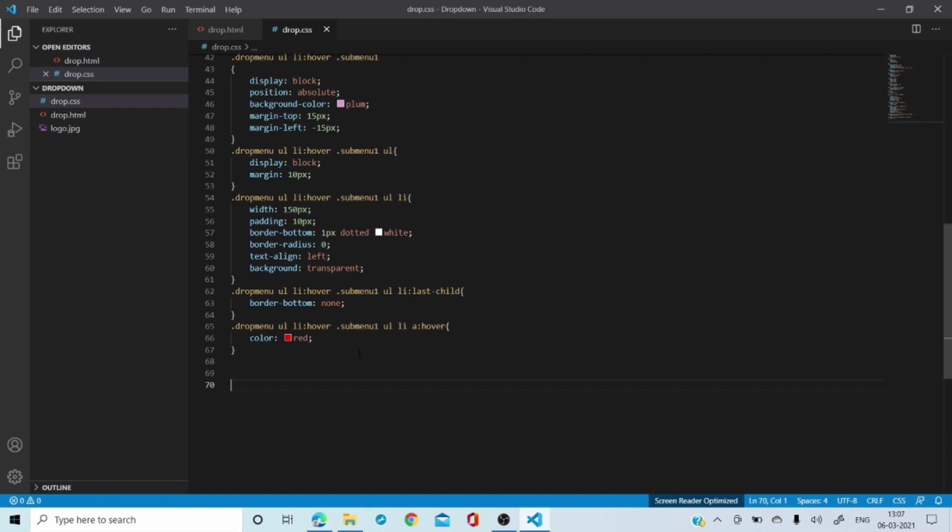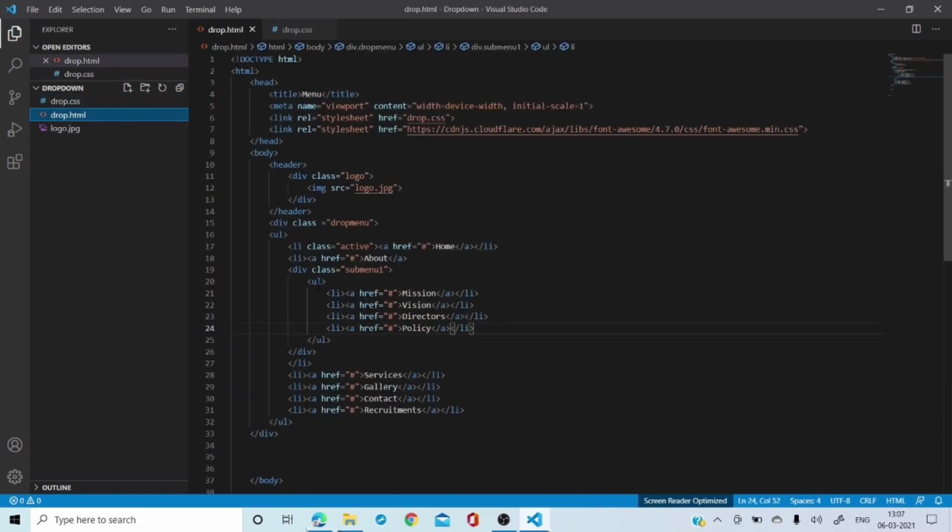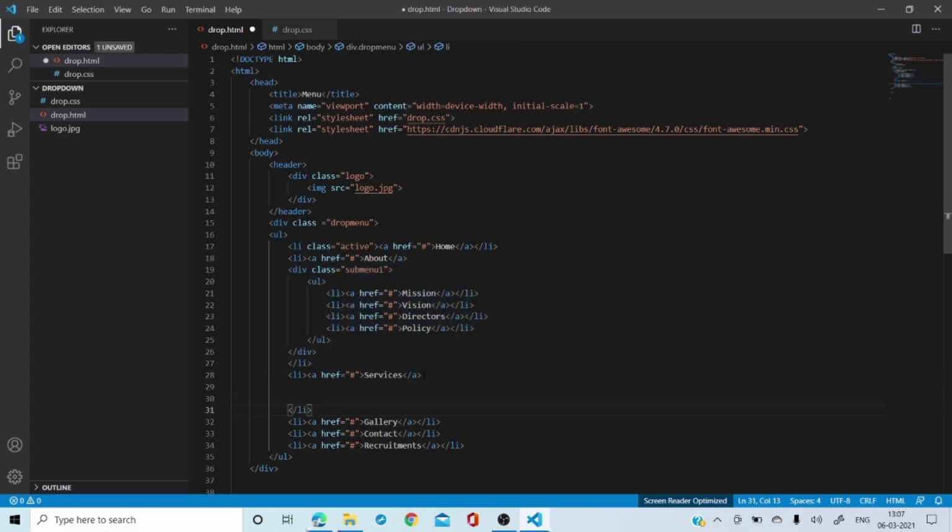Okay. Now the next part. I want to create another sub menu. So how am I going to do this? I'm going to copy this from division class till this division. I'm going to copy here, go to services, after A, press enter and paste like this. And what are the services we are giving?